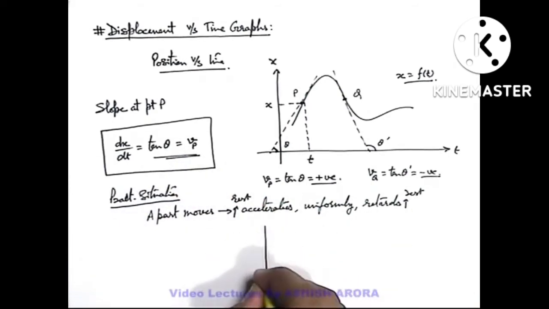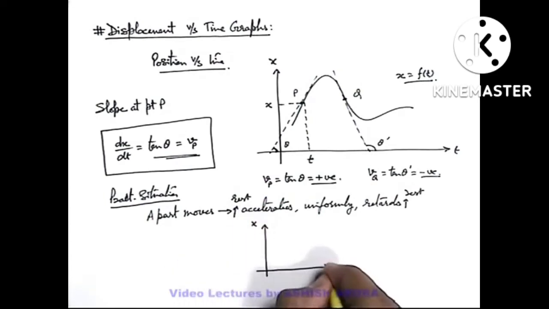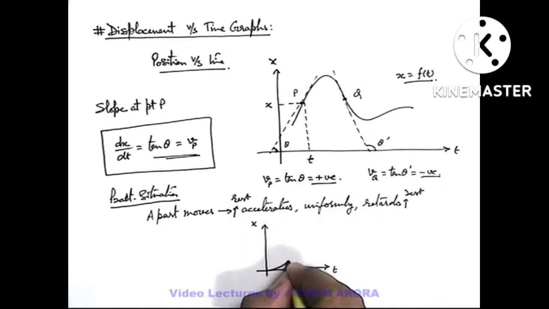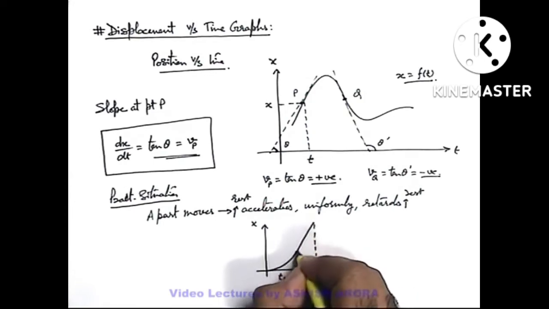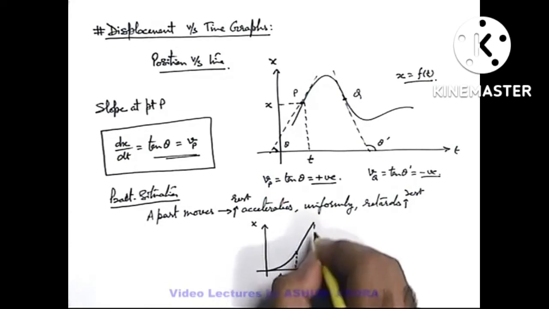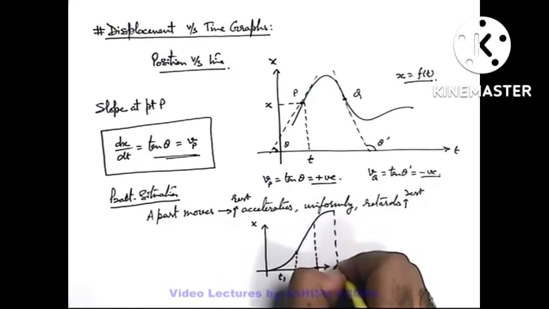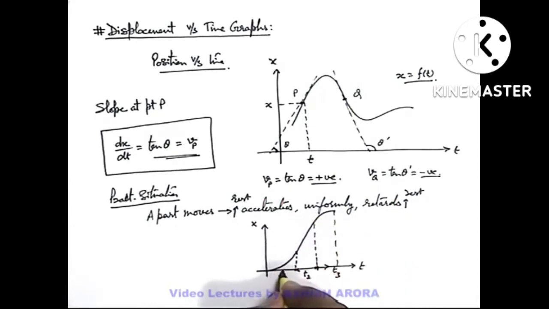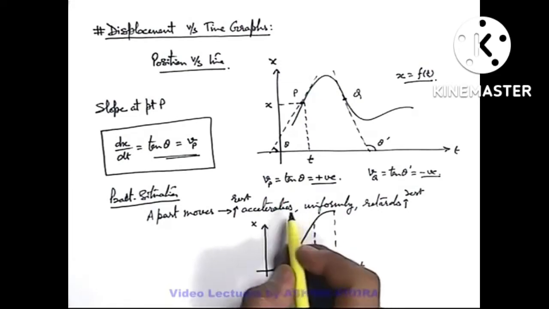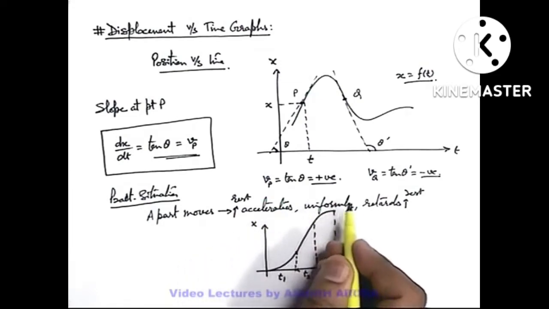So if we draw the displacement time graph of such a motion, we can state first the slope is increasing, the curve goes like this, you can see continuously the angle which the tangent makes with the time axis is increasing, and then say for a time t1 it is accelerating, and from time t1 to t2, or you can say for a duration t2, it moves uniformly, so we can draw a straight line. So here the whole slope for the duration t2 remains constant, then it retards. So you can simply draw a curve like this, which is for another duration, say t3. Now in this equation, finally you can see the slope becomes 0, and earlier also slope was 0. This is the curve which is representing a motion where a particle first accelerates, then moves uniformly, and then retards.